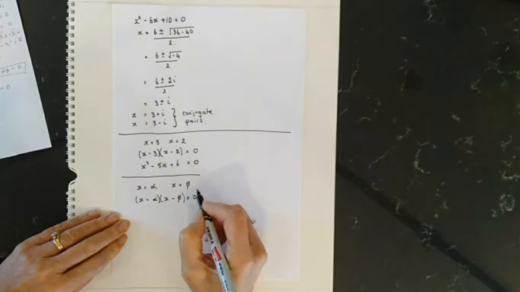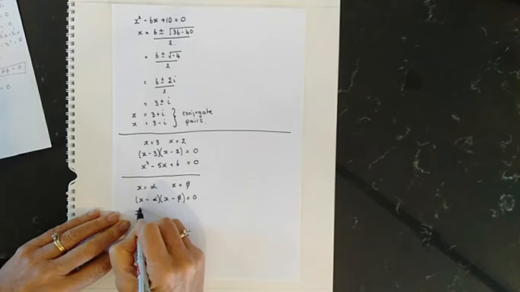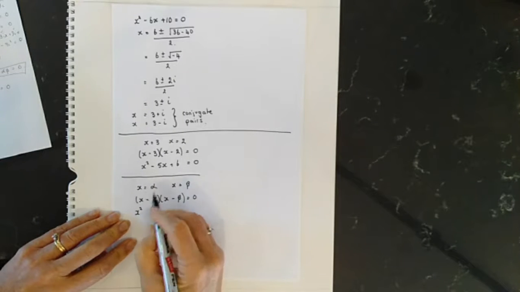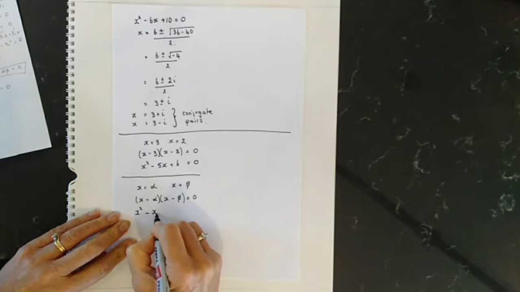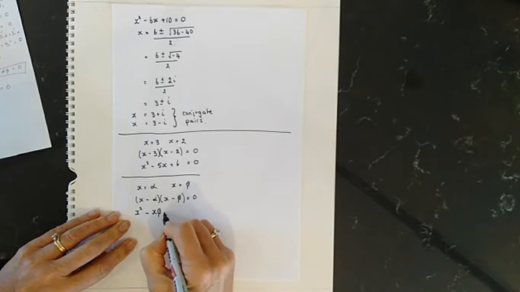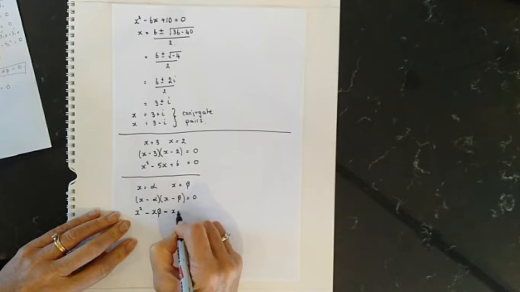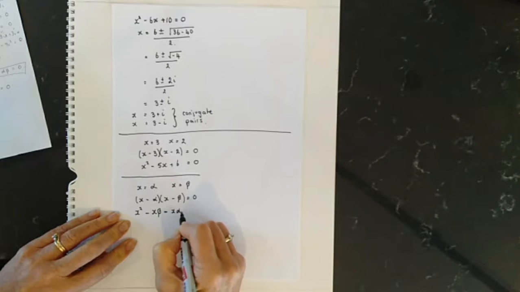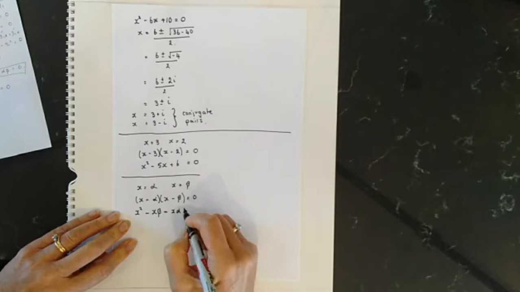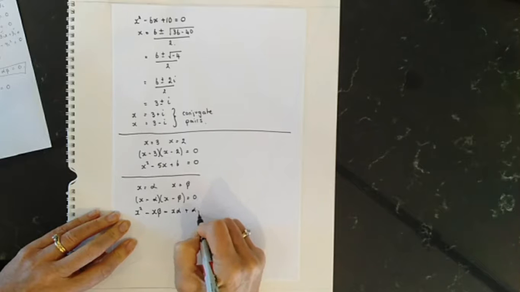And then I can expand that. x squared, that times that is minus x beta, minus x alpha, and minus, a negative times a negative is a positive, alpha beta